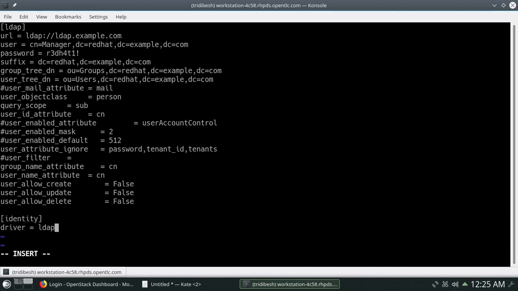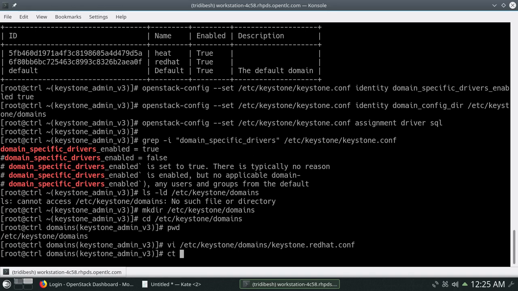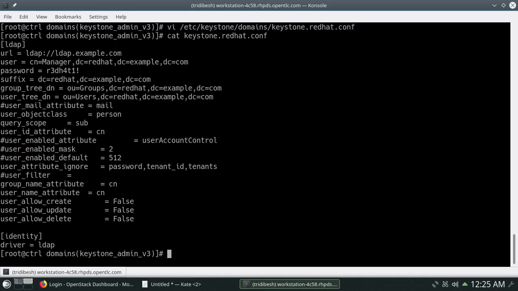Once you are done with this, probably you can keep a screenshot of this and have it handy for your future reference, so that whenever you are going to configure this domain configuration file, you can refer to this screenshot. So let's save it and come out. We can verify also. Let's cat this file. You can see, yeah, whatever we have added, those things are already added into this file.